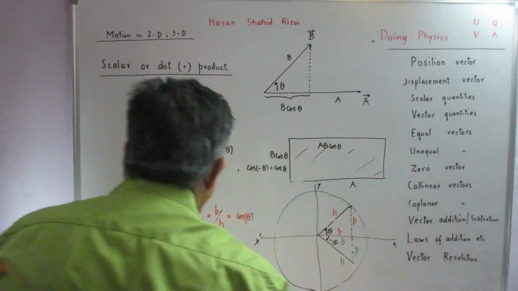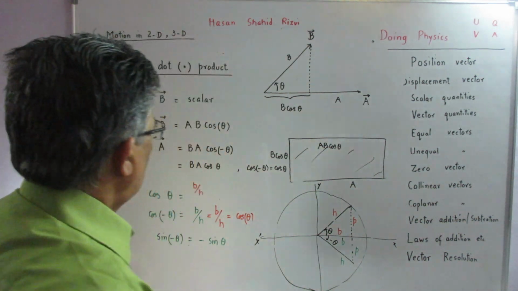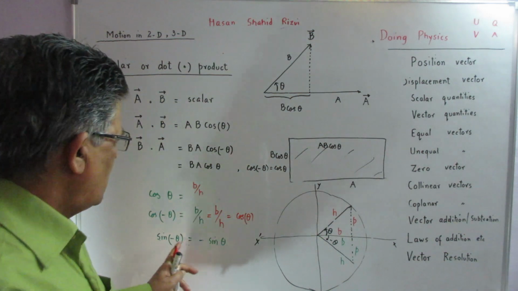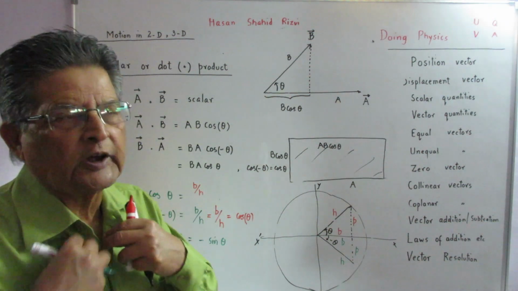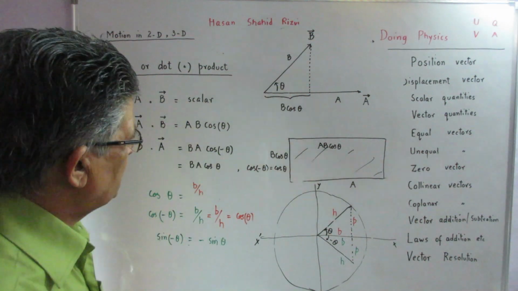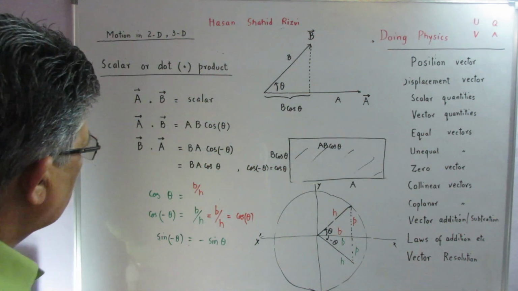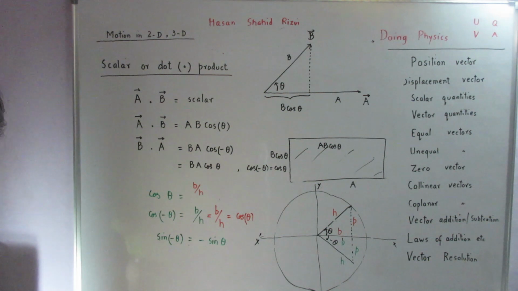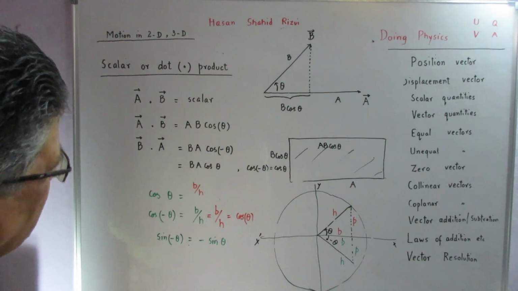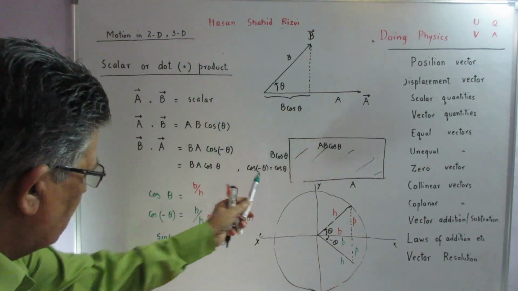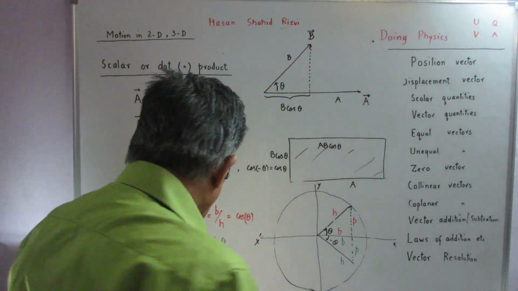So you should be able to tell these relations just like you start buttoning your shirt like this. You don't need to see where the button is and where you have to put the button, the hook is there, etc. So let me go back to here. With that explanation,